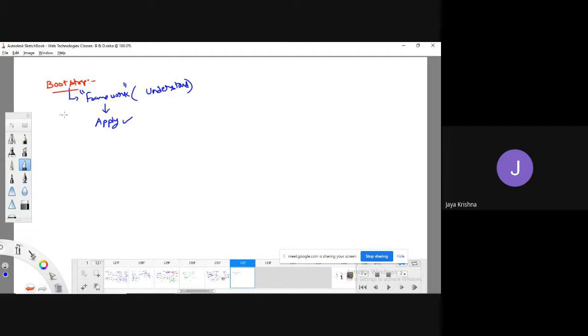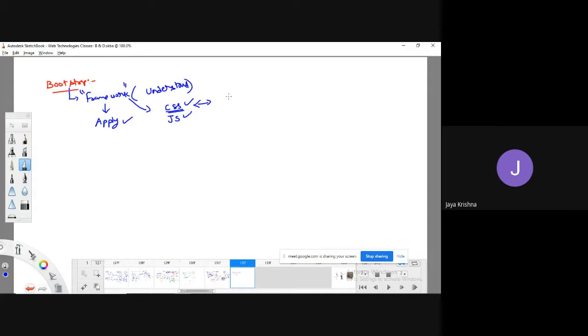Okay. So simply I'm saying that this framework is meant for applying various kinds of styles with the help of CSS, and for applying various kinds of interactive designs we will use JavaScript. See, CSS we already learned. JavaScript also we have already learned. But whatever you have learned in CSS is also available in Bootstrap.